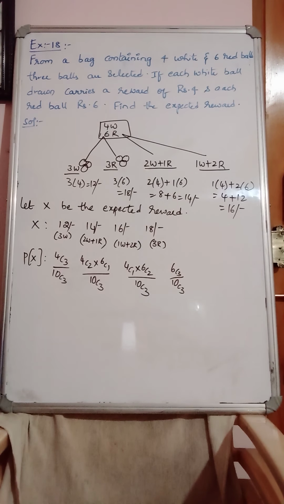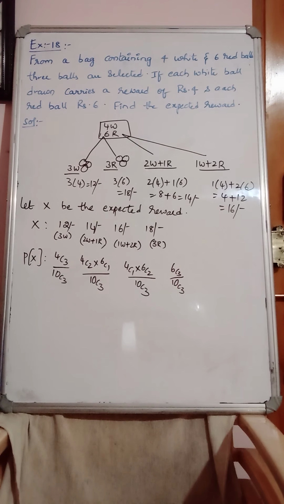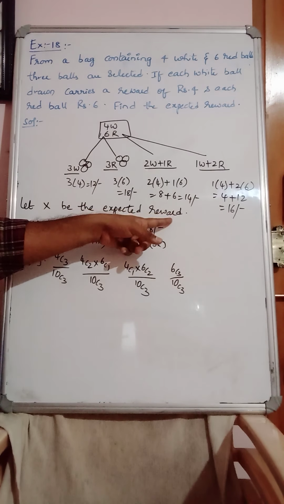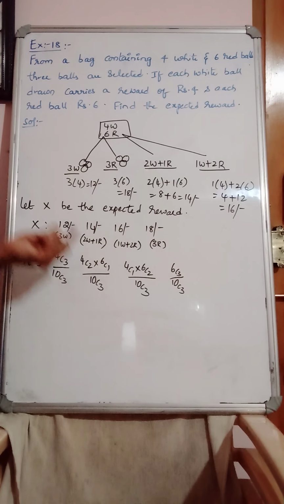Guys, do you understand? Very simple. Try to understand the concept. So these are the possible favorable cases. When 3 are selected, those 3 may be all 3 red, all 3 white, or 2 red and 1 white, or 2 white and 1 red. According to those possibilities, we have mentioned the rewards here. Those rewards are to be taken as the real values of the random variable X, the expected amount. Let X be the expected reward, so X should be taken as the reward only. Reward means amounts only should be taken as real values, remember.